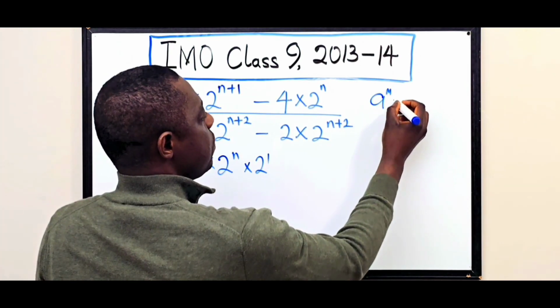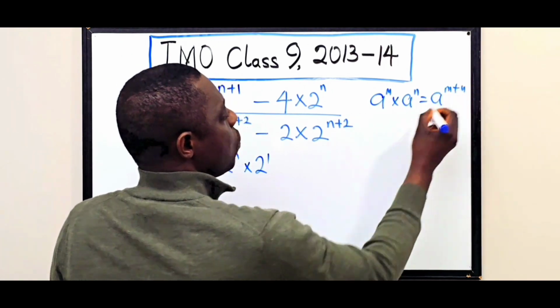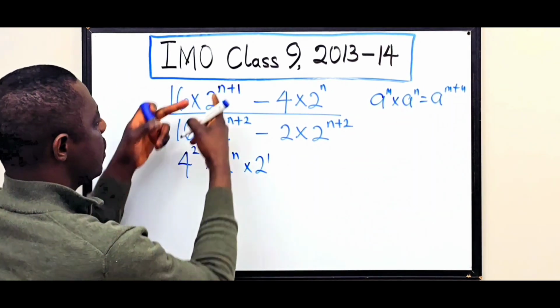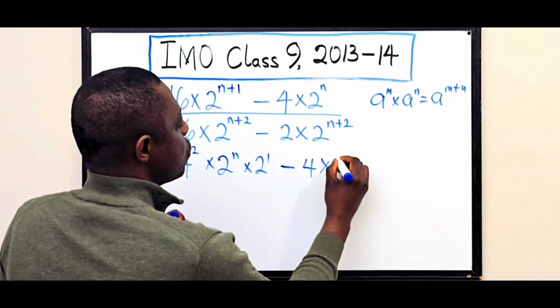Know that a raised to power m times a raised to power n is the same thing as a raised to power m plus n. So the same thing we apply here to get this. So minus 4 times 2 raised to power n